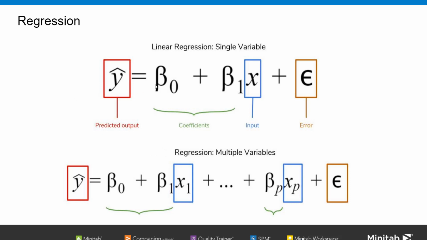Here in this first equation you can see this is a linear regression model, which is like a predicted output and then there are coefficients, and this is just one input, so y in relation to x. While in multiple regression, which has multiple variables, this predicted output or the response variable is dependent on several variables like x1, x2, x3.